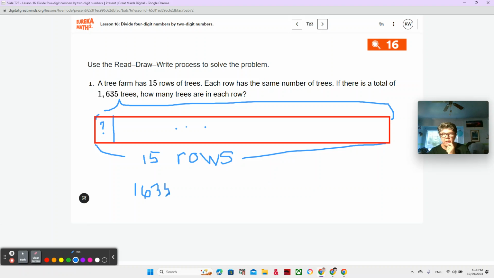1,635 divided by 15, right? And we always want to start with an estimate because we're dividing, and then division, and then checking, right? Okay,